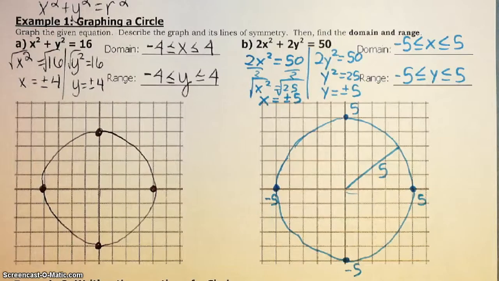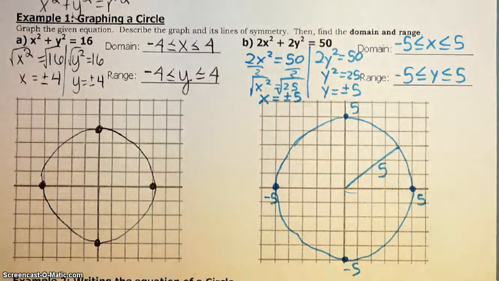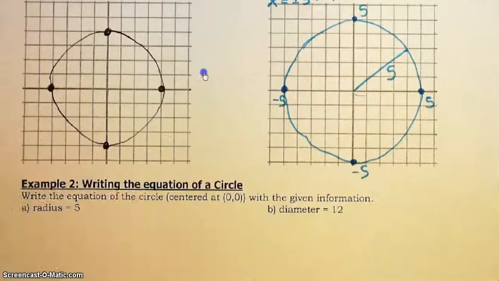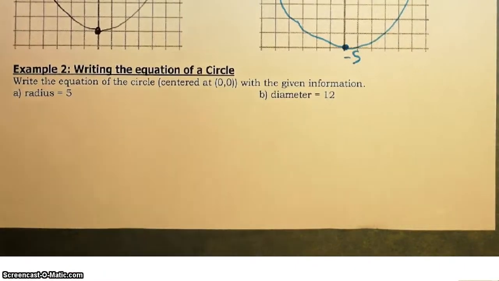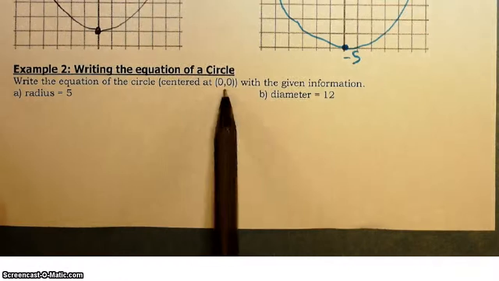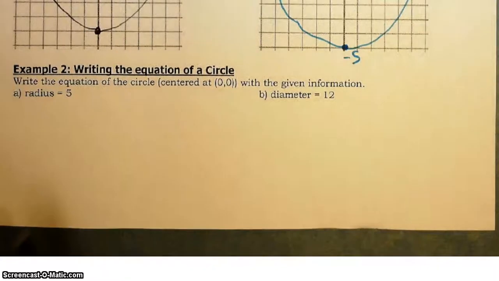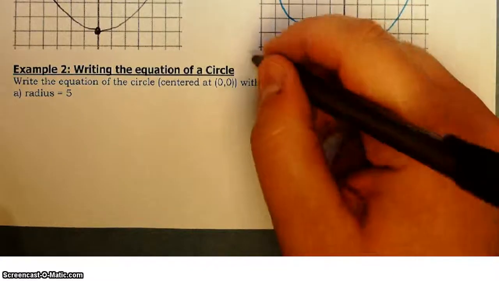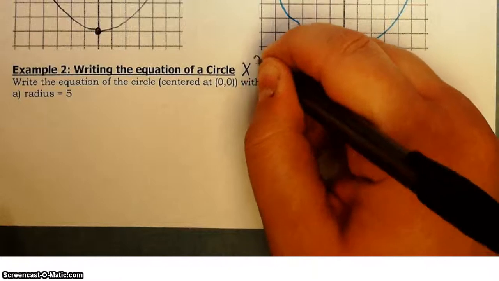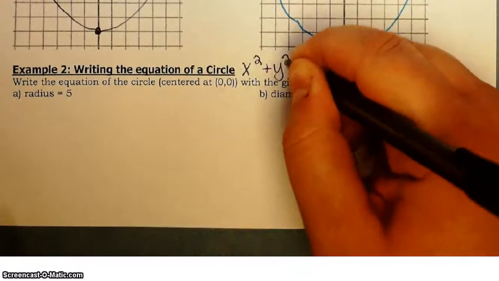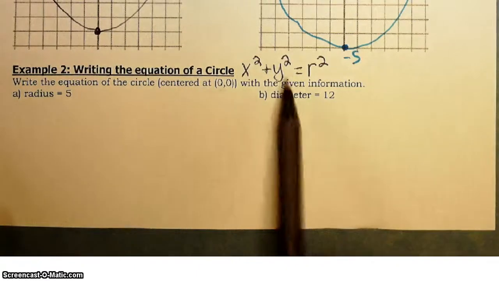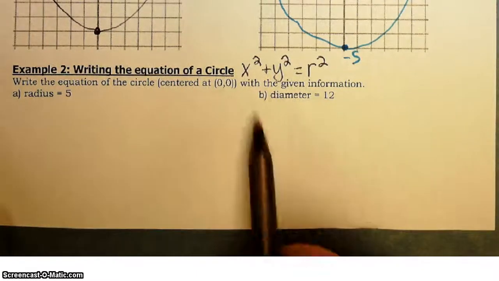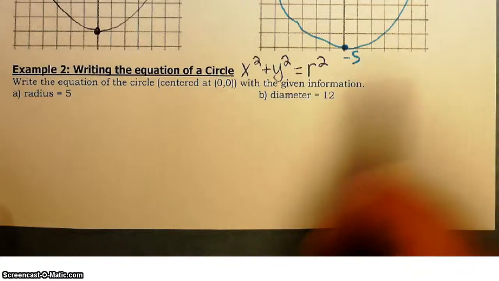All right, so for example 2 here, we're not actually going to give you the graph. We're just going to ask you to write the equation of a circle. Now, the part that is important here is it says centered at 0, 0. I don't know if you remember, just up there at the top a little bit, I told you the general form of the equation of a circle is x squared plus y squared equals the radius squared. You're going to see later in one of our other units that we're going to shift the center of the circle off 0, 0, so that equation will look a little bit different,